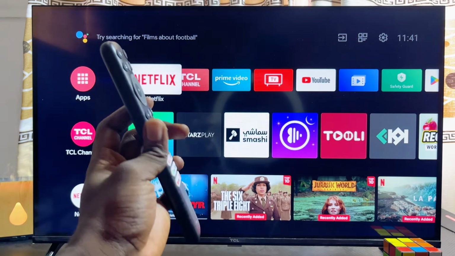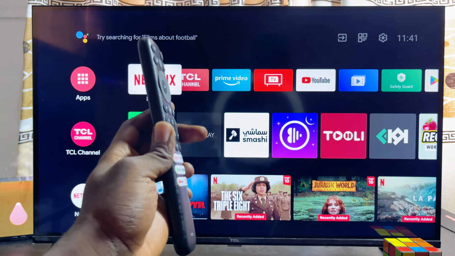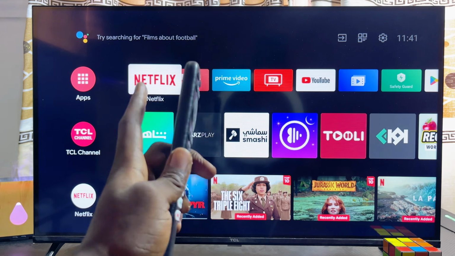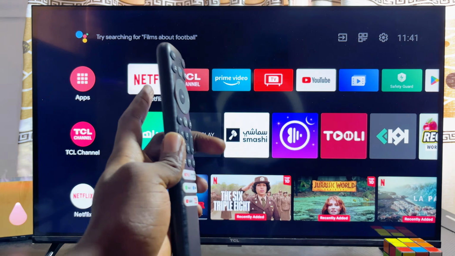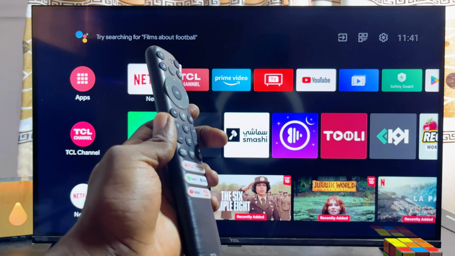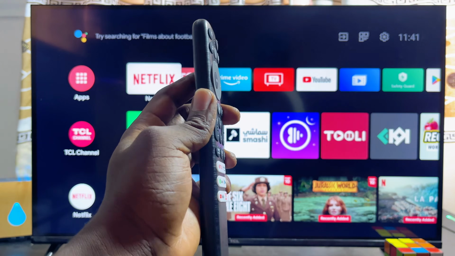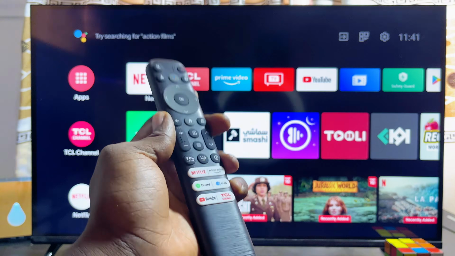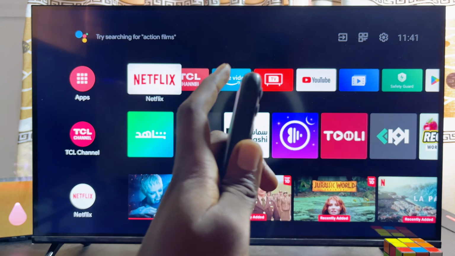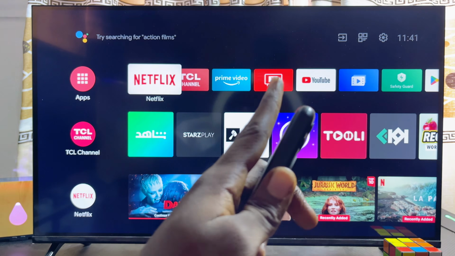In this video, I will show you how to install and watch TikTok on your TCL Smart TV. Now over here, I have the TCL Android TV, but whether you have the TCL Google TV, following the same steps, you should be able to get TikTok running on any TCL Smart TV you have. Now first things first, you want to make sure that your TCL Smart TV is actually connected to the internet,